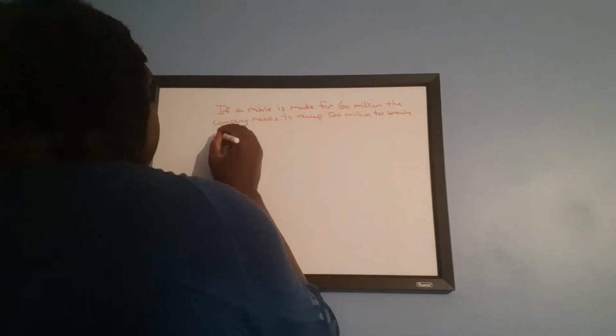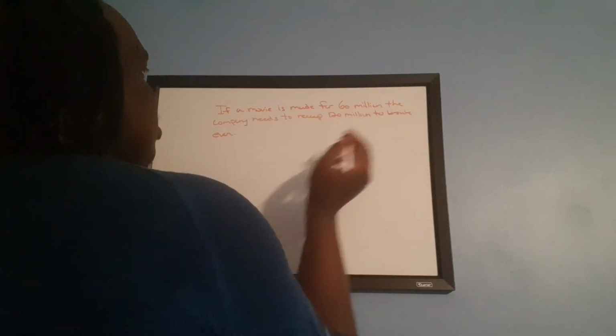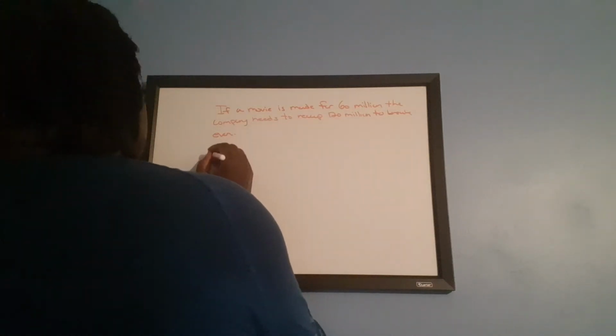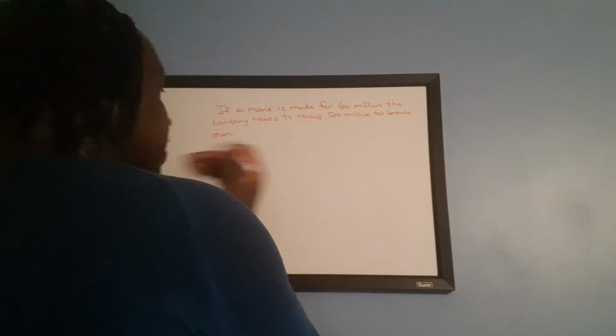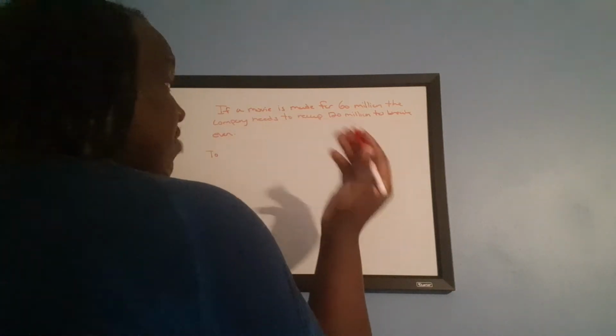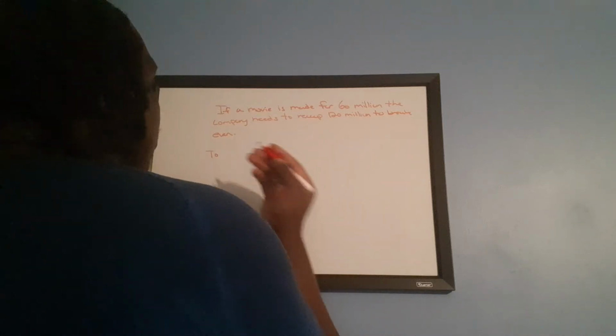To break even, obviously. So if a movie's made for 60 million, to be profitable, it only needs to do about 250 million or something like that. But you also have advertising costs. So to be profitable, the movie has to do